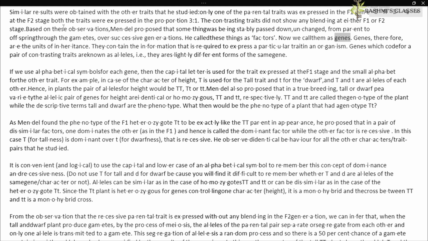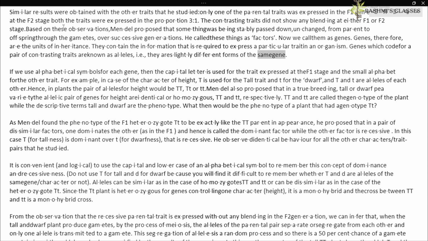Now we call them genes. Genes, therefore, are the units of inheritance. They contain the information that is required to express a particular trait in an organism. Genes which code for a pair of contrasting traits are known as alleles, i.e., they are slightly different forms of